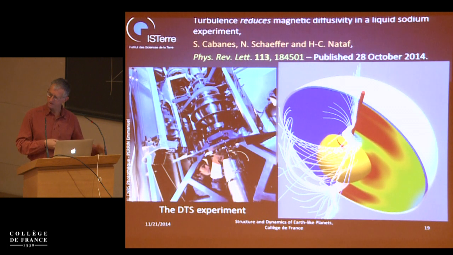That is, I started this talk by saying that in the atmosphere we expect viscosities which are 1,000 times larger than molecular values. In that case, what we find is that magnetic diffusivity can be reduced by like a factor of 1/3 as compared to what is the molecular value for liquid sodium. And in some places, it's increased to values which are higher than that.